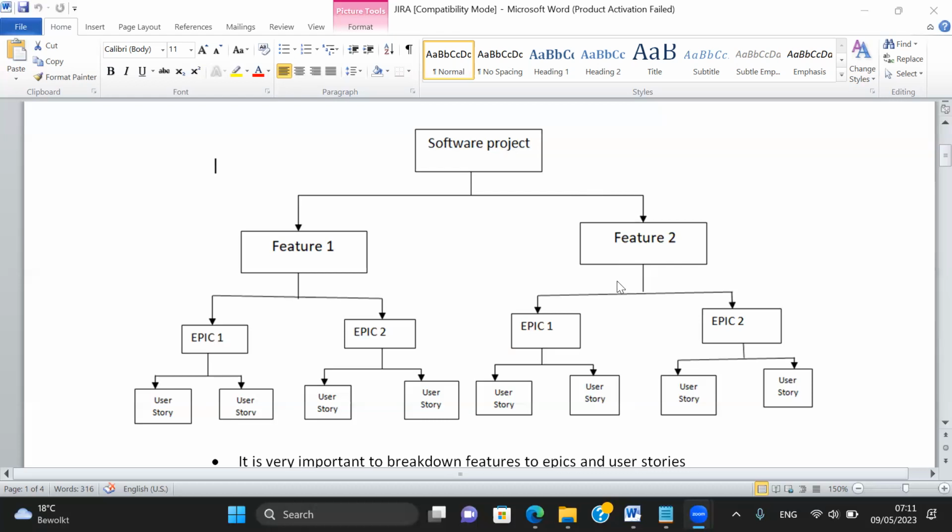Every feature or epic is divided into user stories. Exactly. For example, now you were telling payment is a module. Okay, module is nothing but a feature. Feature is nothing but an epic. So payment is an epic. Yes or no? Payment module is an epic. So now this payment module is divided into